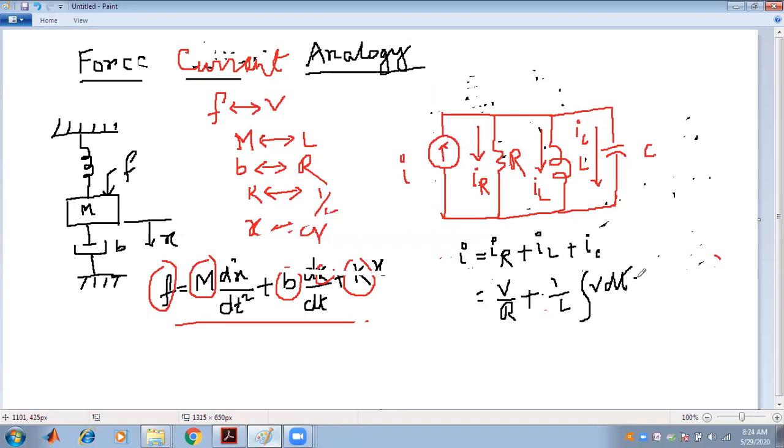IC can be written as C into dV by dt. We all know V equals d phi by dt, the rate of change of flux with respect to time. So just putting those values, I am getting I equal to